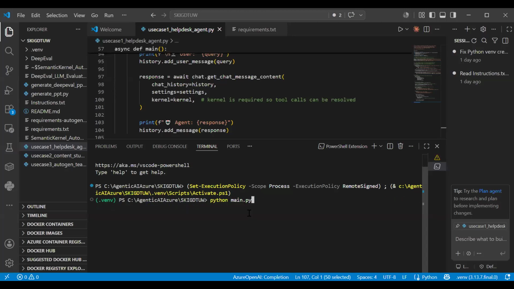Let me see if it is written or not. Should I take some other terminal?